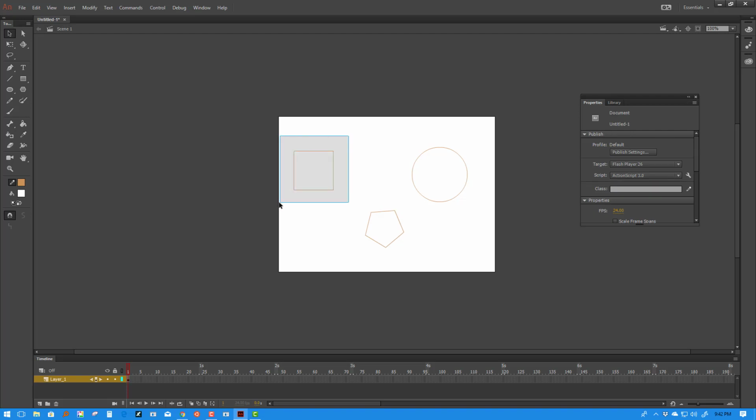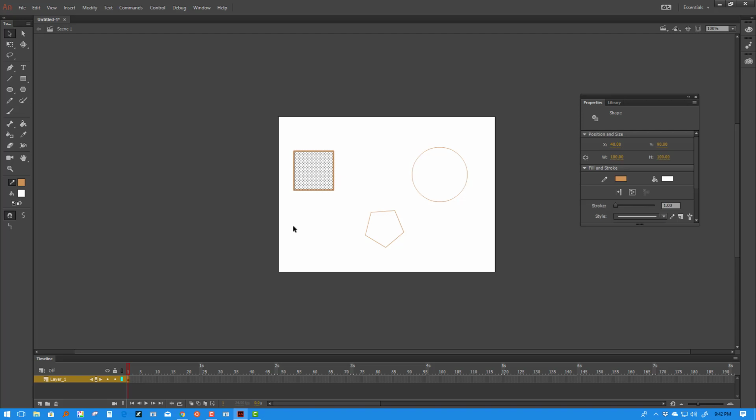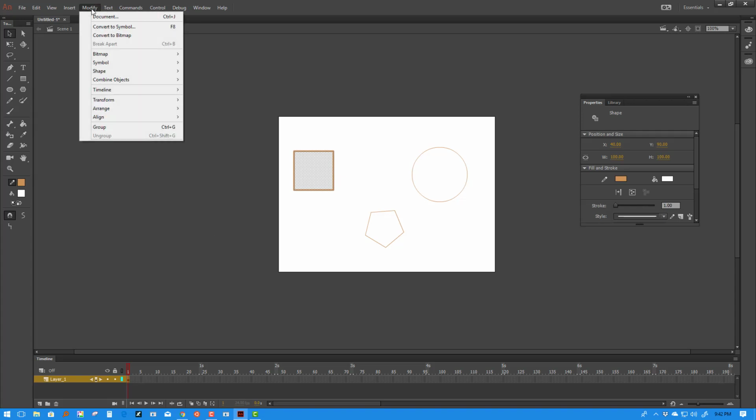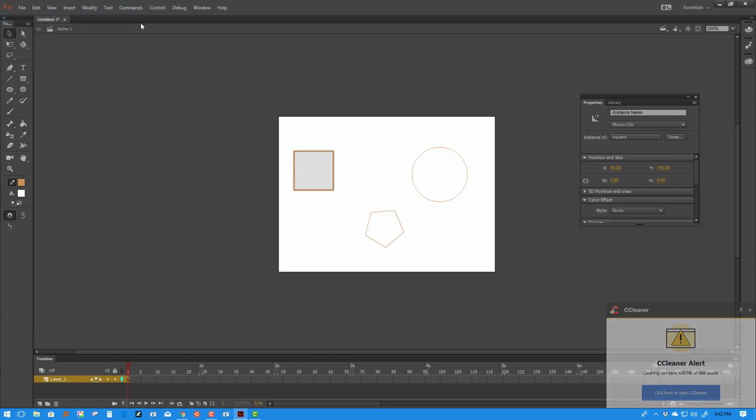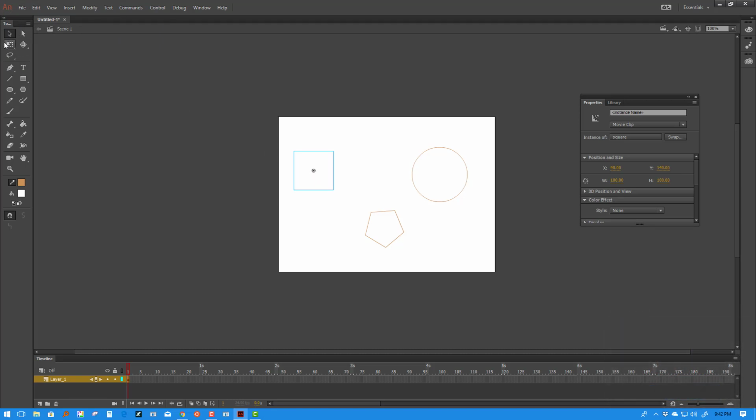So what I'm going to do here is take this square and convert it into a symbol. I'm going to call it square. I'll put the registration point in the center. That's that little registration point here. The way that registration point works is that it allows us to do our transformations based on